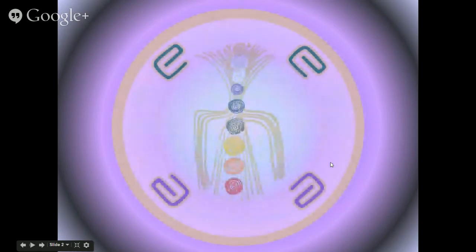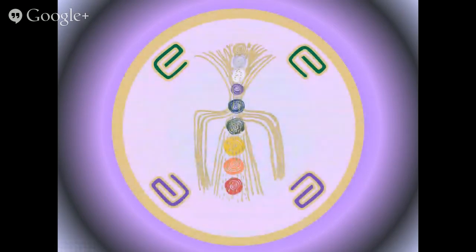Now, what I'd like you to do, as you see the chakra opening and balancing symbol on the screen, I'd like you to take a moment and allow the beautiful golden energy that's starting above your head to come into the top of your head. And as you breathe, with each breath, see it come further and further into your body, energizing every single cell of your body. As you take a breath in,